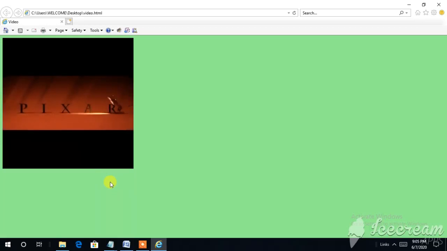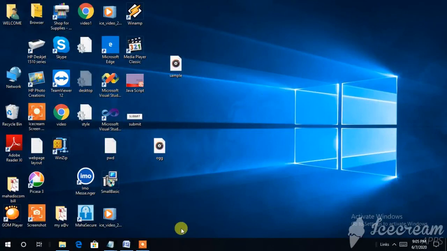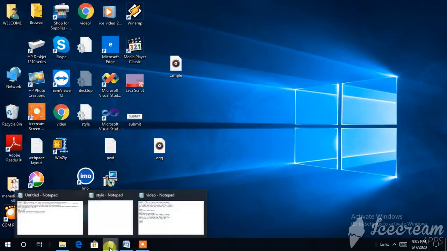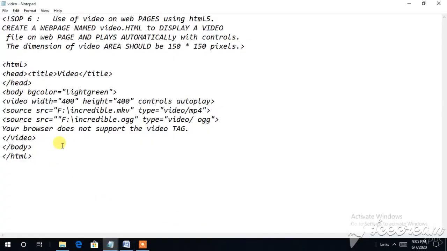So to better understand the concept of HTML and why we are going with cross browsing, let us see whether these files are playing or not. This is how we are going with the video. Now I will put this in a comment, so that I can make you understand everything, and every concept should be understandable.